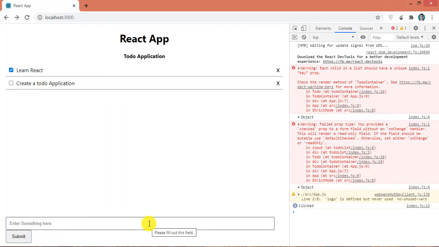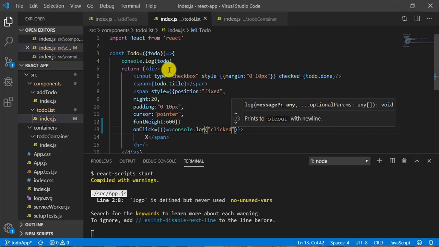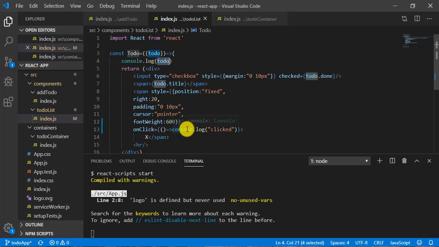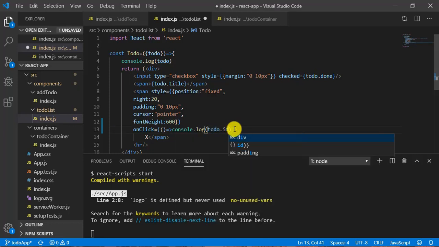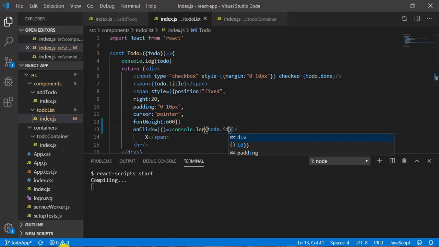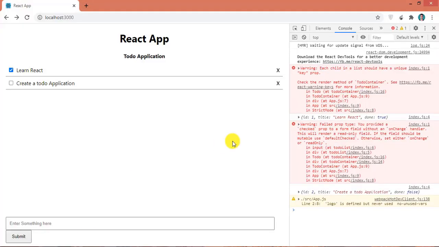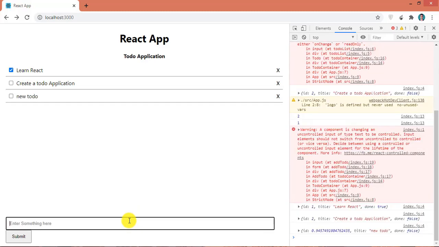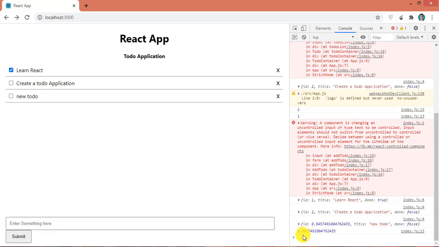So in order to remove a todo from the list, I need to have an ID. Okay. So you can see here I have this todo. So todo.id will give me the ID of the particular todo. So instead of printing clicked, I can write todo.id. Save it. Okay. And have a look on UI. So once I click here, I got this ID as a 2, and for this one I got 1, and let me add a new todo here. So new todo and hit enter and click on this one. So you can see here I got the ID of this new todo. Okay.